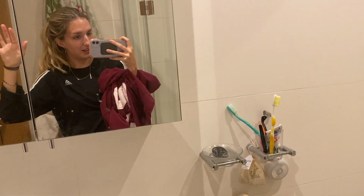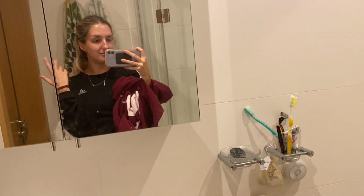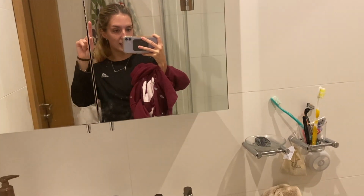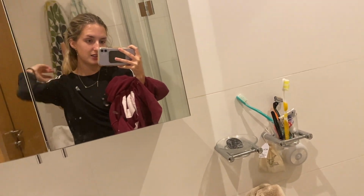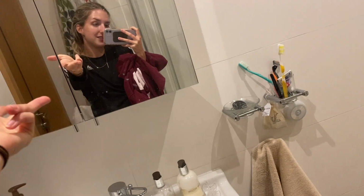This isn't study related, but I am dying because I just did football. I have never done football before in my life. I got roped into this new girls football team that my church has started, and here I am looking like a state, about to go have a shower. See you tomorrow for more studying, folks, or later tonight, but I'm not shattered, so